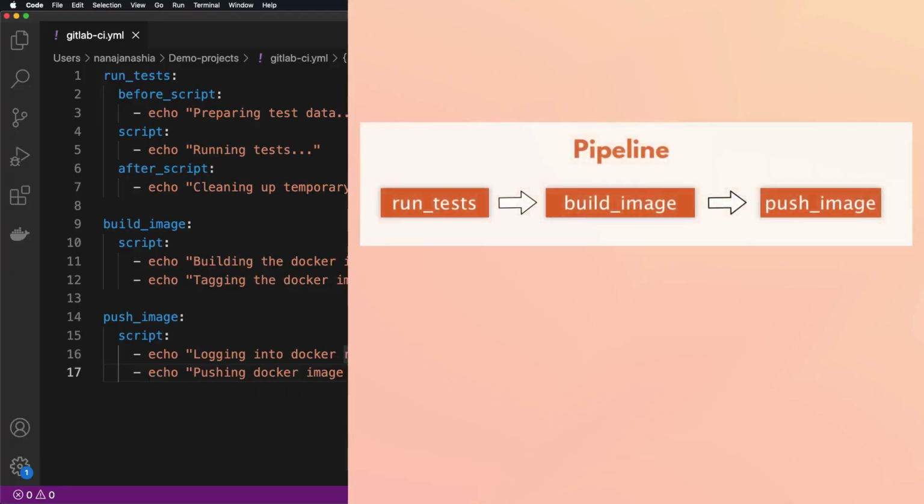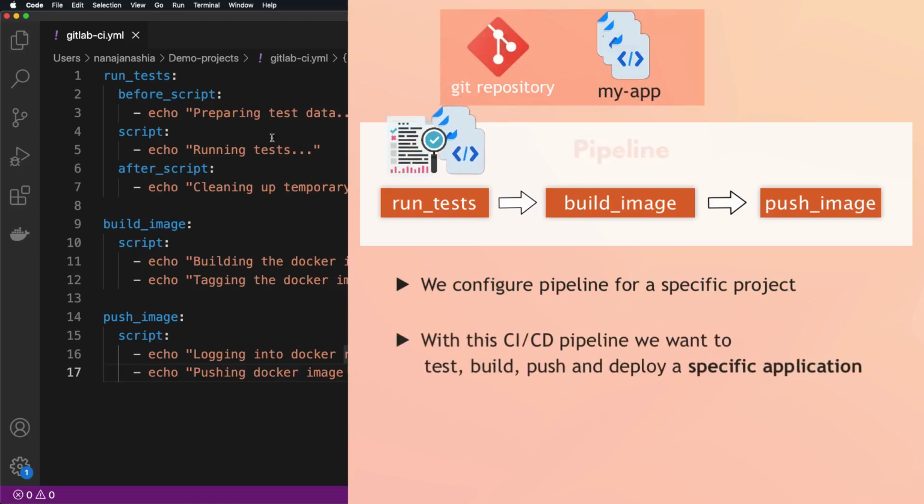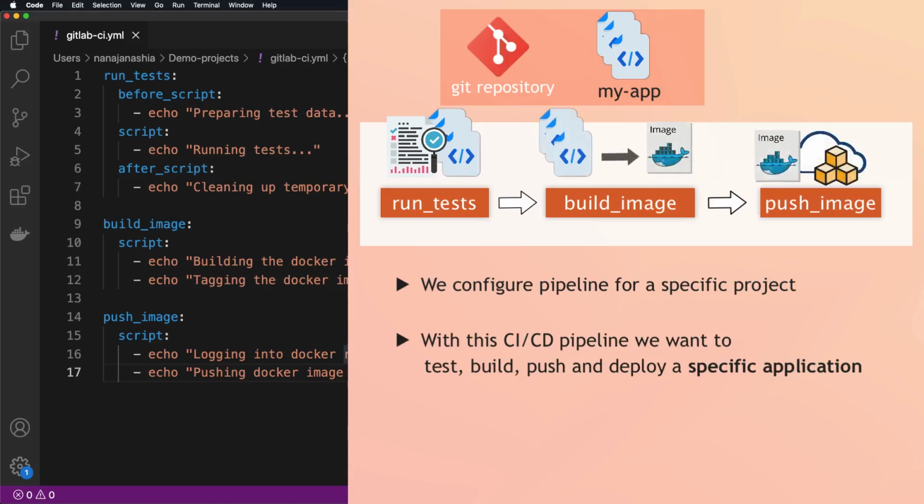Okay, so now how do we execute this pipeline and see that in action on GitLab CI/CD platform? Well, first of all, we're building a pipeline for a specific project, right? So when this logic gets executed, it will run tests for a specific application, it will build an image of that application and then push that image, which means, of course, this pipeline has to be defined for a specific project